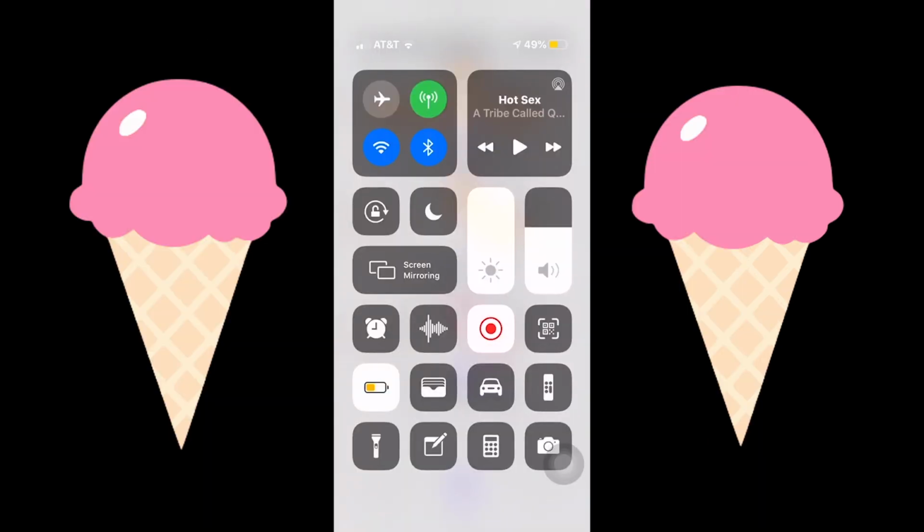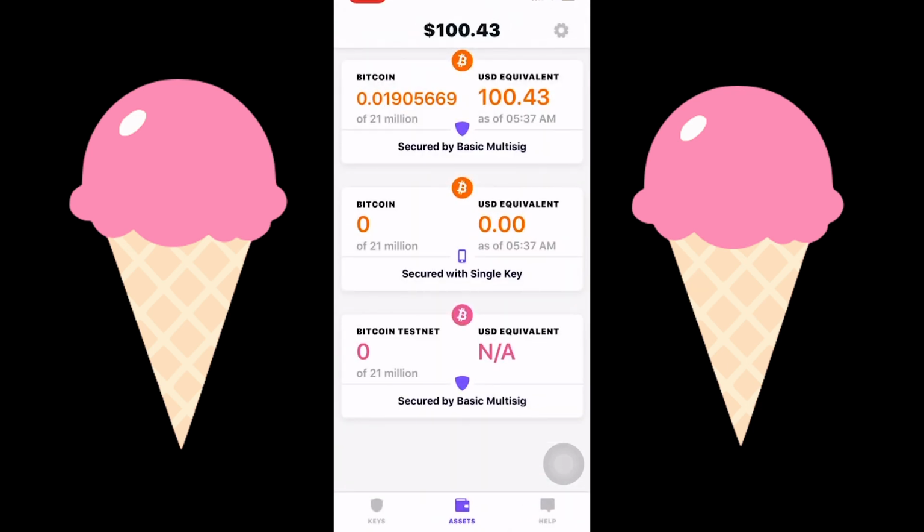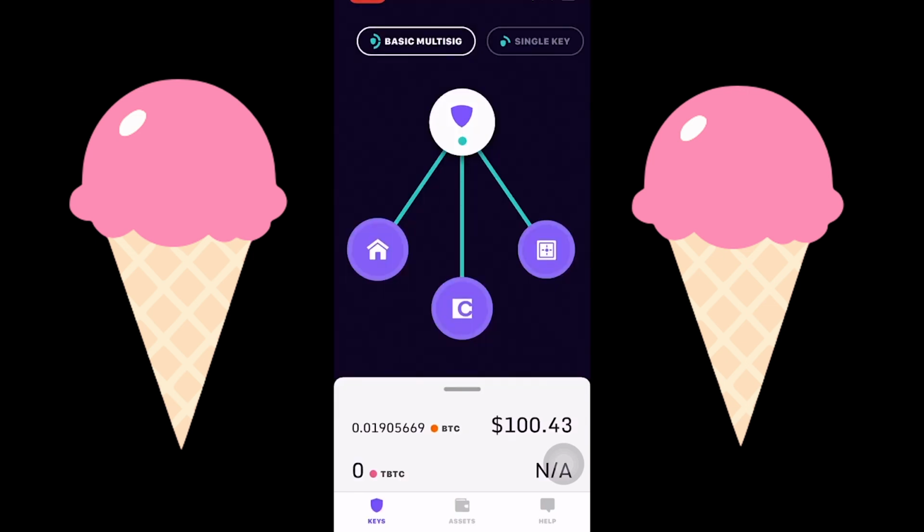Awesome. So let's get started, guys. The first thing that you're going to want to do is open your Casa app. Obviously, I already preloaded $100 worth of Bitcoin on here just for the tutorial. You're going to want to go and click on your keys. So this part's very important. You are going to want to export your YPub files